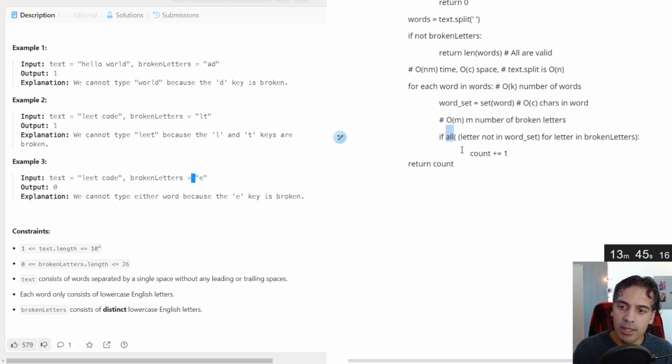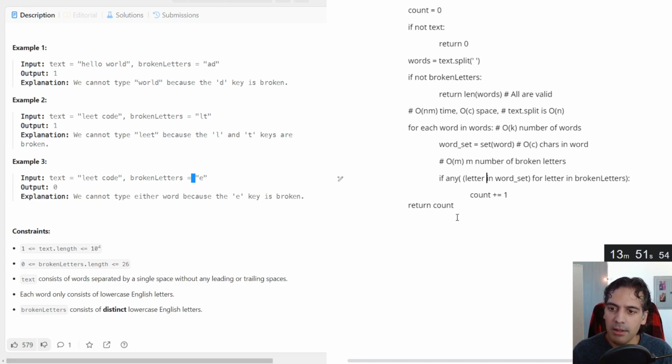We could actually switch this around and turn this into an any, and that just simplifies it. If any of the broken letters are inside of here, then we can break out. And then do a not of that. And that actually is a little faster, I think, because that way it'll break immediately on the any rather than all, which has to check every single one.